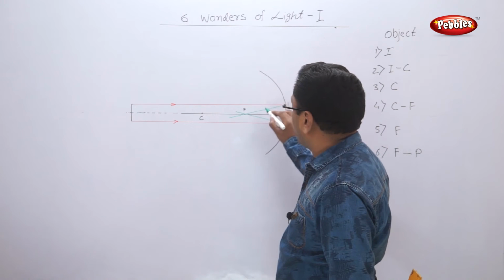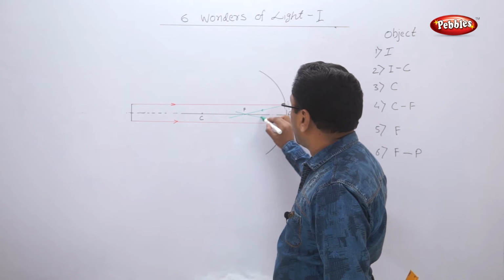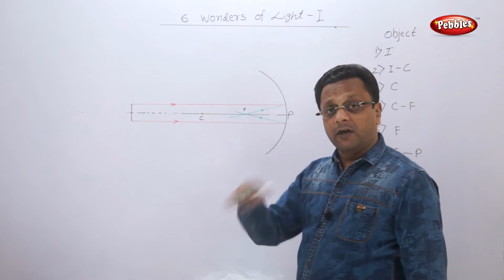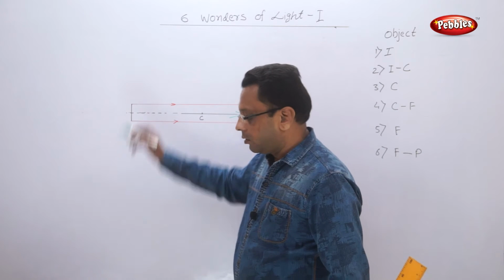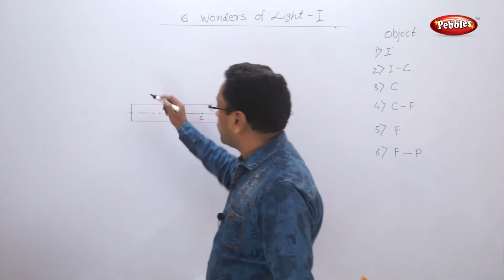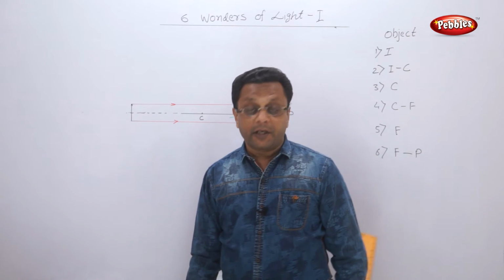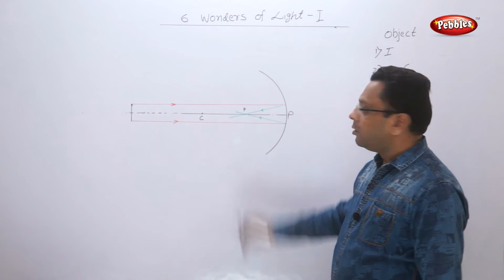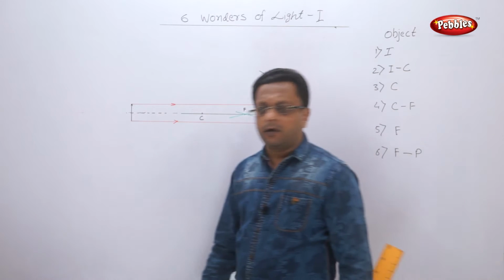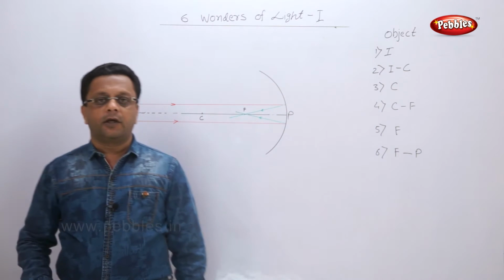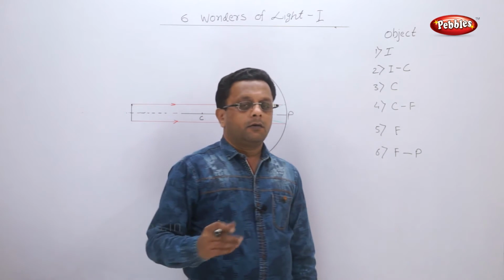Okay, the reflecting ray will pass through F. After completing the figure, draw the arrow. Don't draw the arrow initially. So what we generally see when a long distance object is there, we just feel